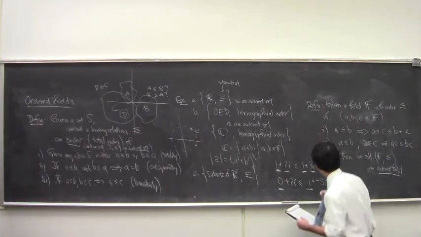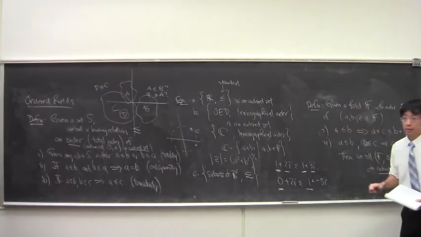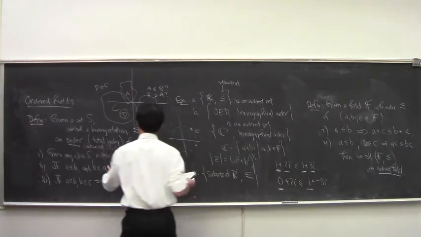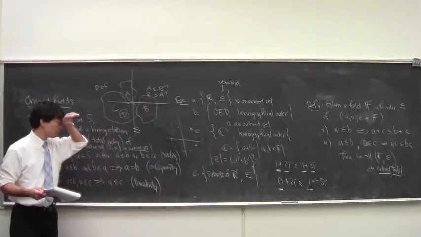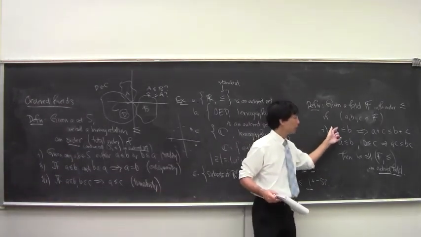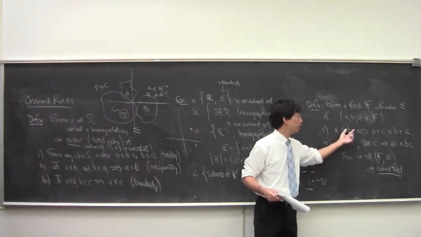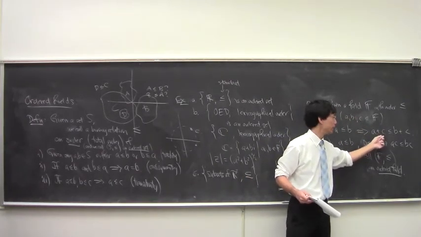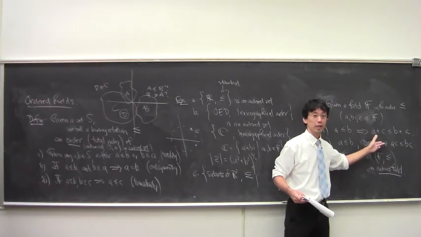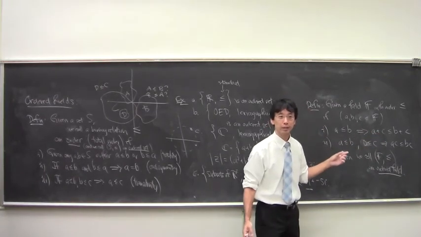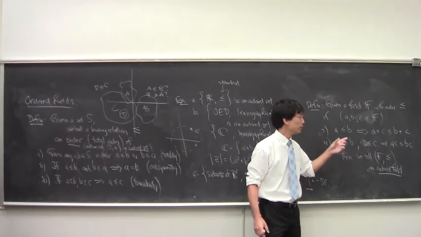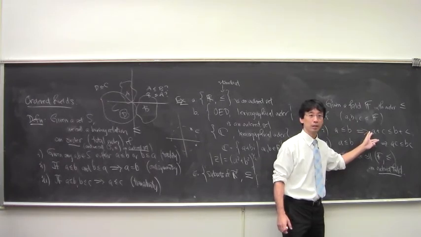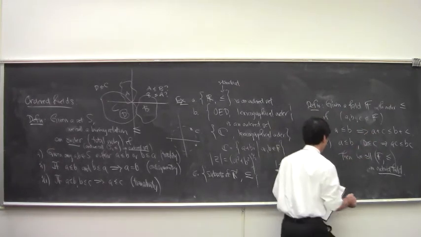Okay, so it's a field with an order that satisfies these properties. And further, that ordering interacts well with the multiplication and the addition of the field. So it's not just a field with an ordering on it. It's a field with an ordering that interacts well with the binary operations. Okay, so to make this clear,